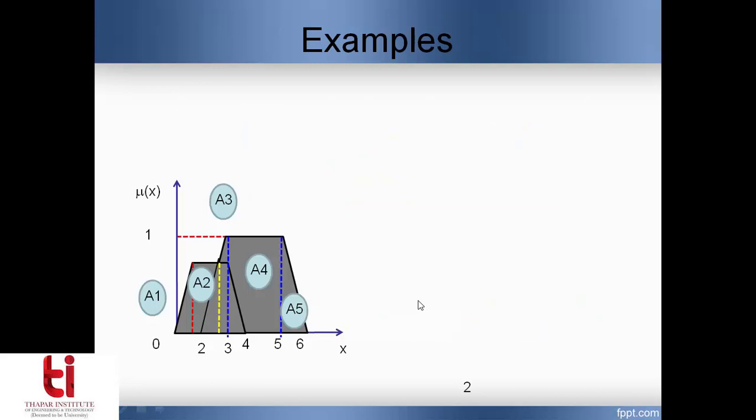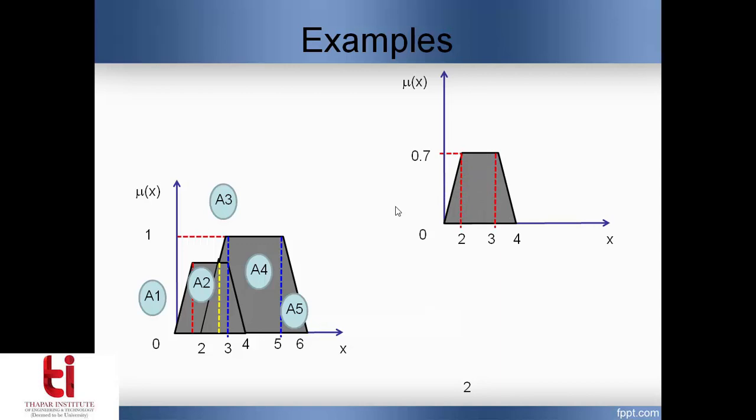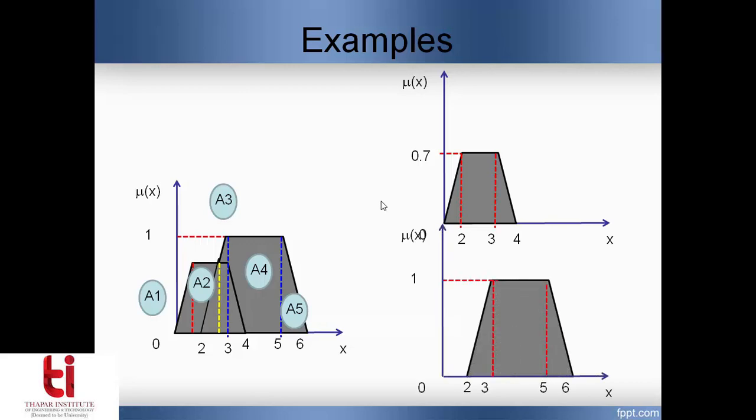Now let's take examples of different defuzzification methods applied to a common problem. Let's say I have an aggregated fuzzy set, which is formed by the aggregation of two composite sets. One has the membership cut at 0.7, the other at 0.1. Okay, so first we are going to apply the centroid method. These two are the constituting fuzzy sets which are aggregated to form this aggregated output.